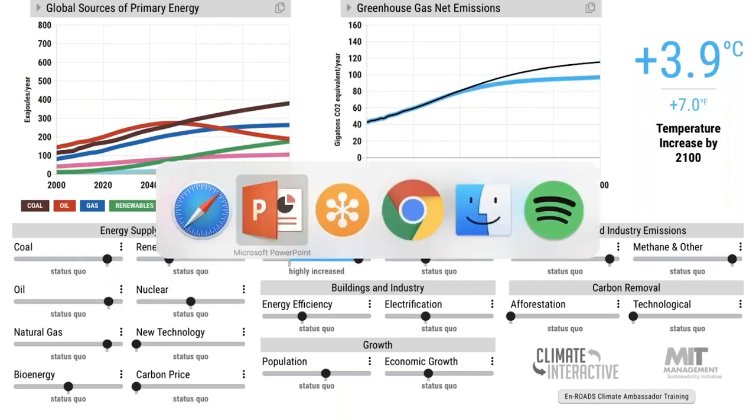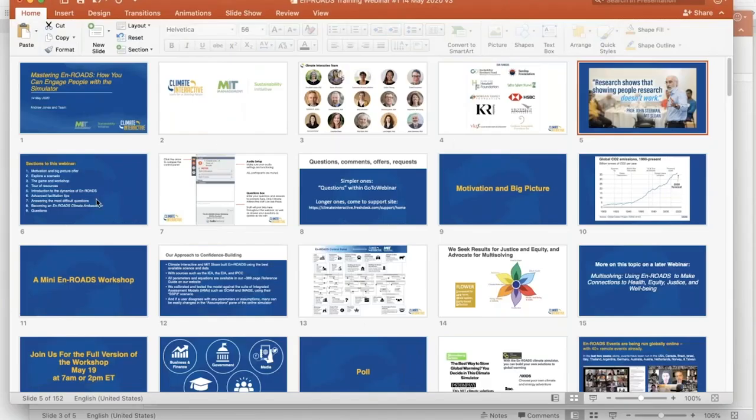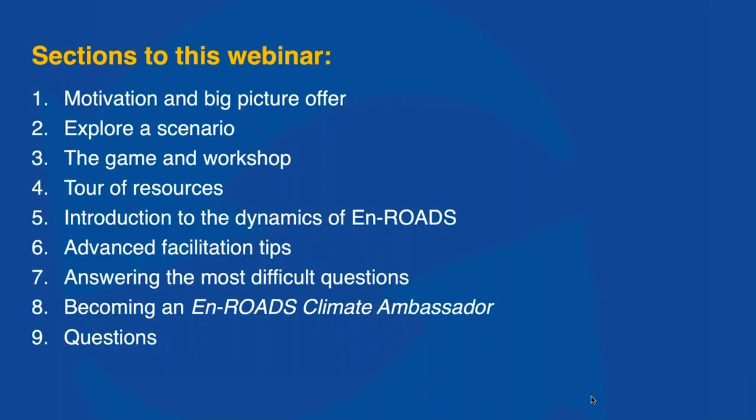So what we're going to do today is to take you through a webinar of teaching you how to do this. This is not just an exercise for us. I'm going to make this nice and big for everyone to see it. Not an exercise just for us to use in the world, but instead to give this to you to use wherever you want. So what I'm going to do today is, right now I'm giving you the motivation why we're even here. We're going to explore a scenario.